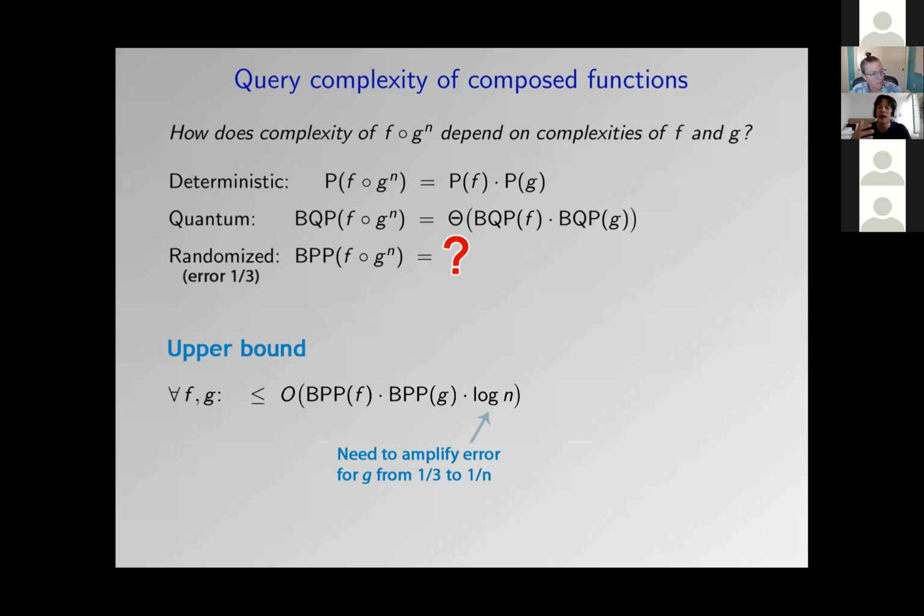Here's one side of the coin: what can we guarantee is a universal upper bound for the complexity for any f and g. We are not going to achieve the mere product of the two individual complexities. The best upper bound has this mysterious log factor appearing. And I can tell you why that is, actually.